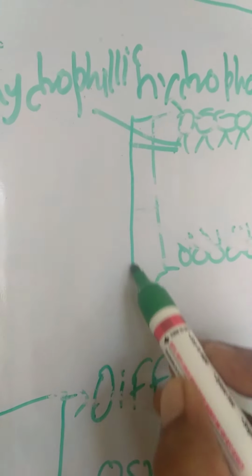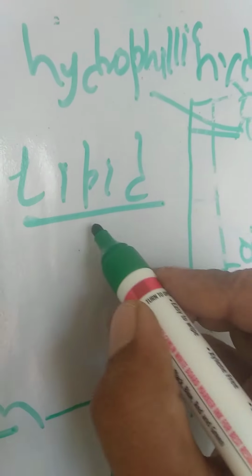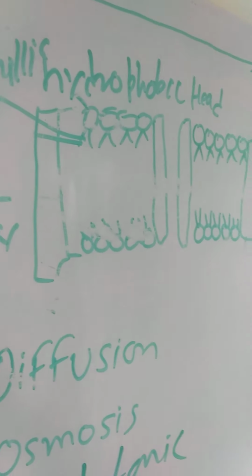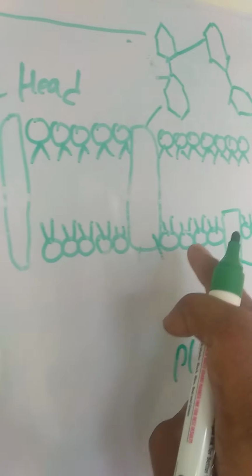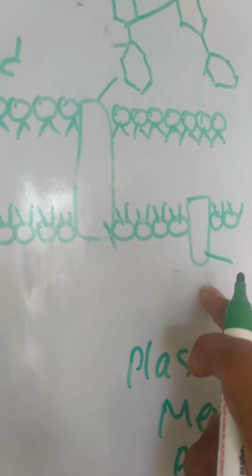Phobic means fear. So this plasma membrane is made up of two layers, that is called the lipid bilayer. Means this layer is made up of a lipid bilayer, you can write. So the plasma membrane basically contains three types of biomolecule, that is the lipid layer. Secondary, these are layers of protein. This is the layer of protein. Protein is also of two types.